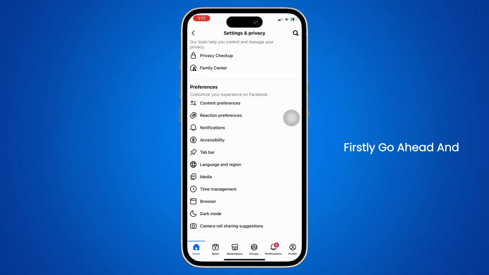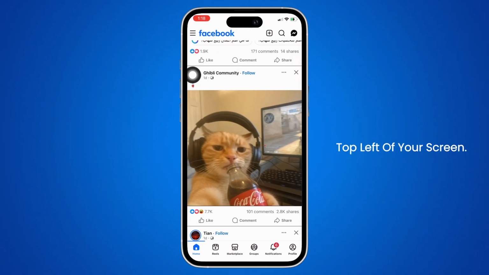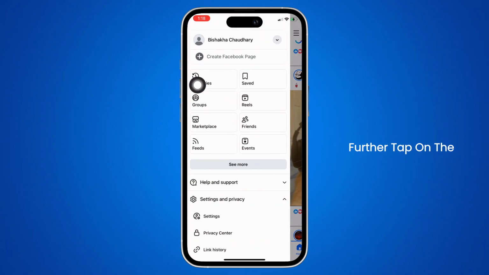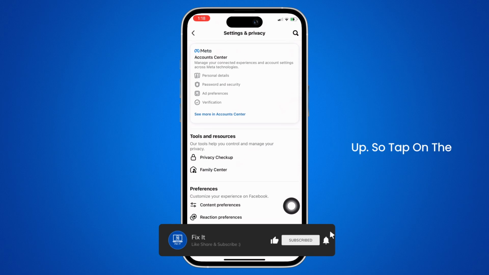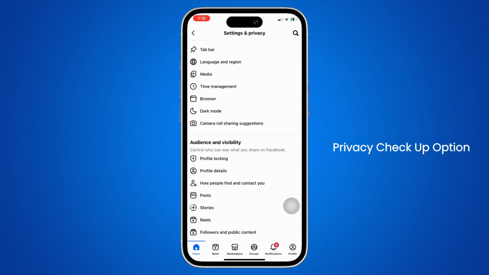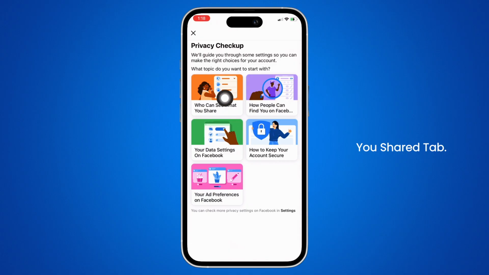Firstly, go ahead and open the Facebook application on your device and then tap on the three lines on the top left of your screen. Further, tap on the settings and privacy option and then tap on settings. Here you will see the option for privacy checkup. So tap on the privacy checkup option and now under the who can see what you shared tab, simply tap